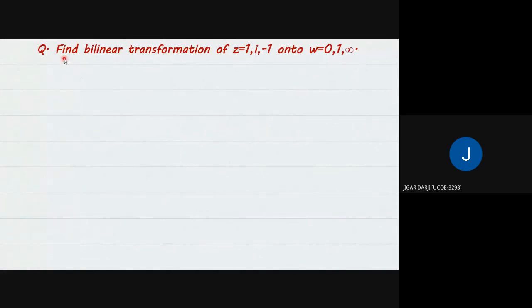Find the bilinear transformation of z equals 1, i, minus 1 and w equals 0, 1, infinity. So we have z1 equals,